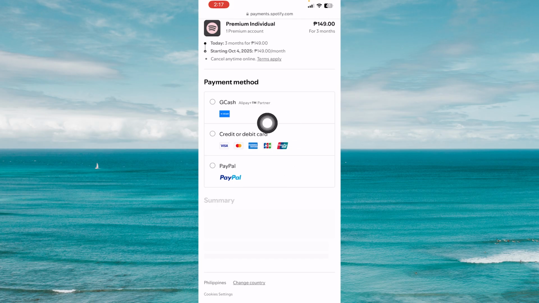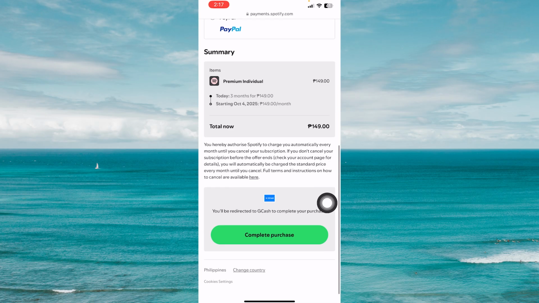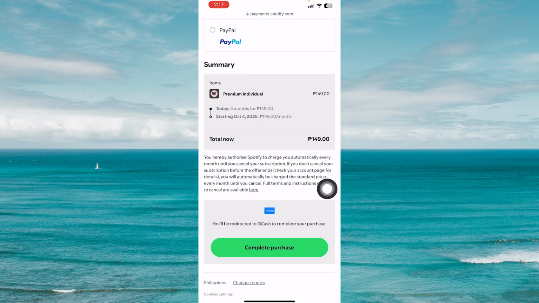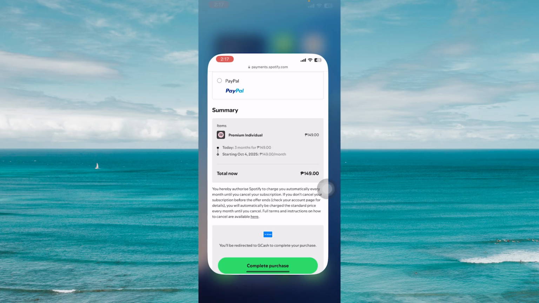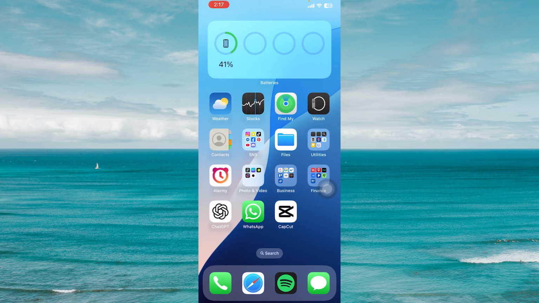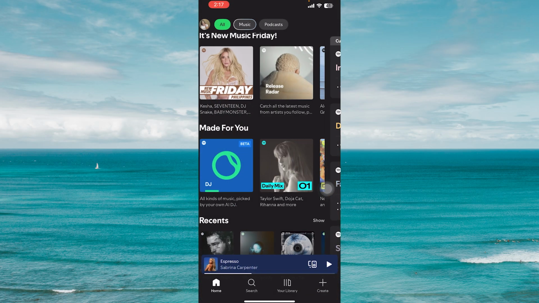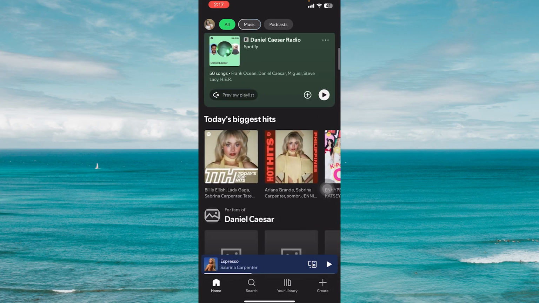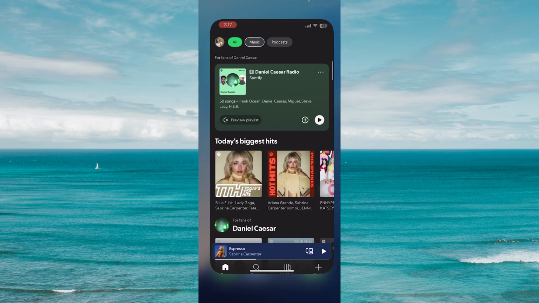your payment method in here, select one of these, and you can then go ahead and select complete purchase to subscribe to that specific plan. And once you have subscribed to it, you can then go ahead and open up your Spotify app and see that it should now be reflected as your